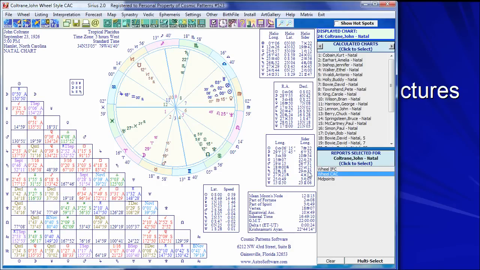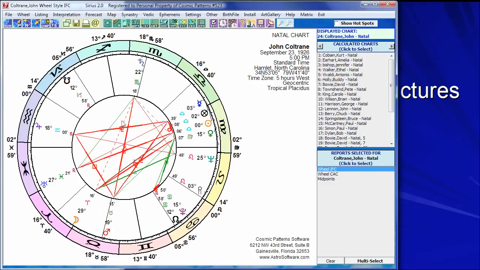So they are sesquiquadrat, which I can see in this wheel style here. The two sesquiquadrats, this hard thing means sesquiquadrat, 3/8 of a circle, or 135 degrees. It's within orb, because it's 134 degrees 24 minutes. It's with less than a 1 degree orb, only slightly more than half a degree orb, but it is also a